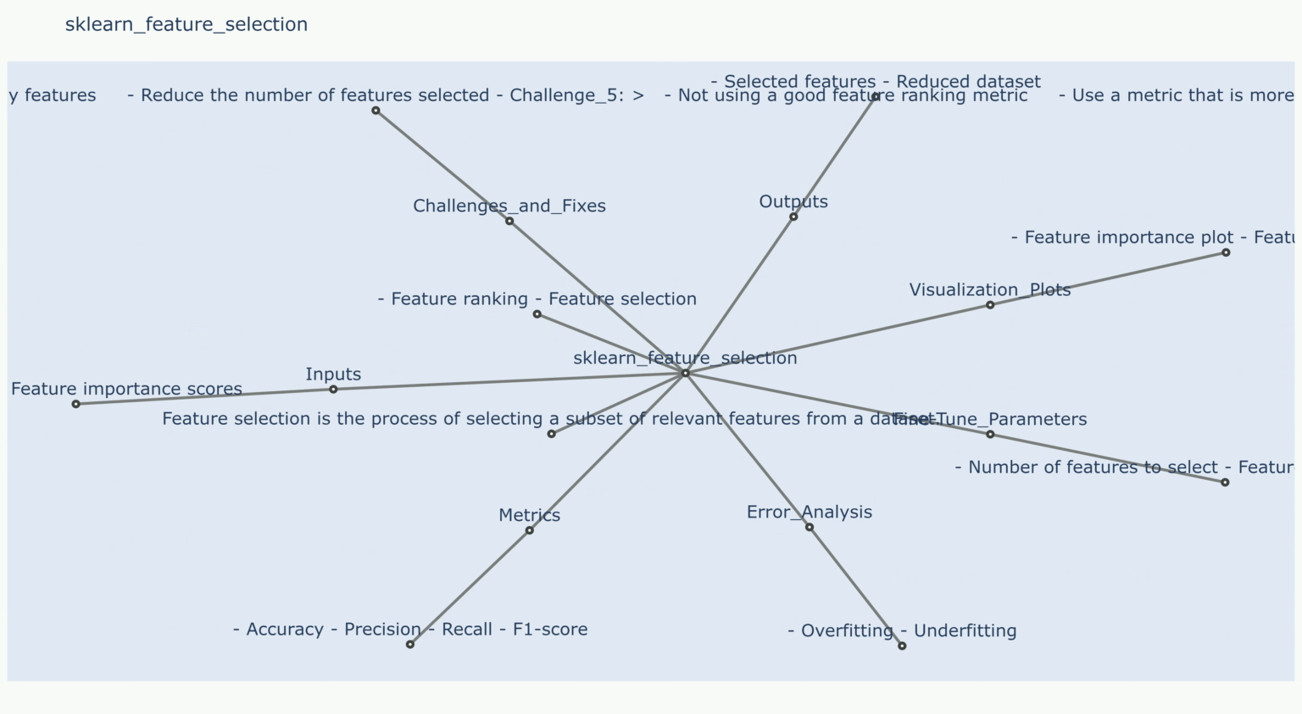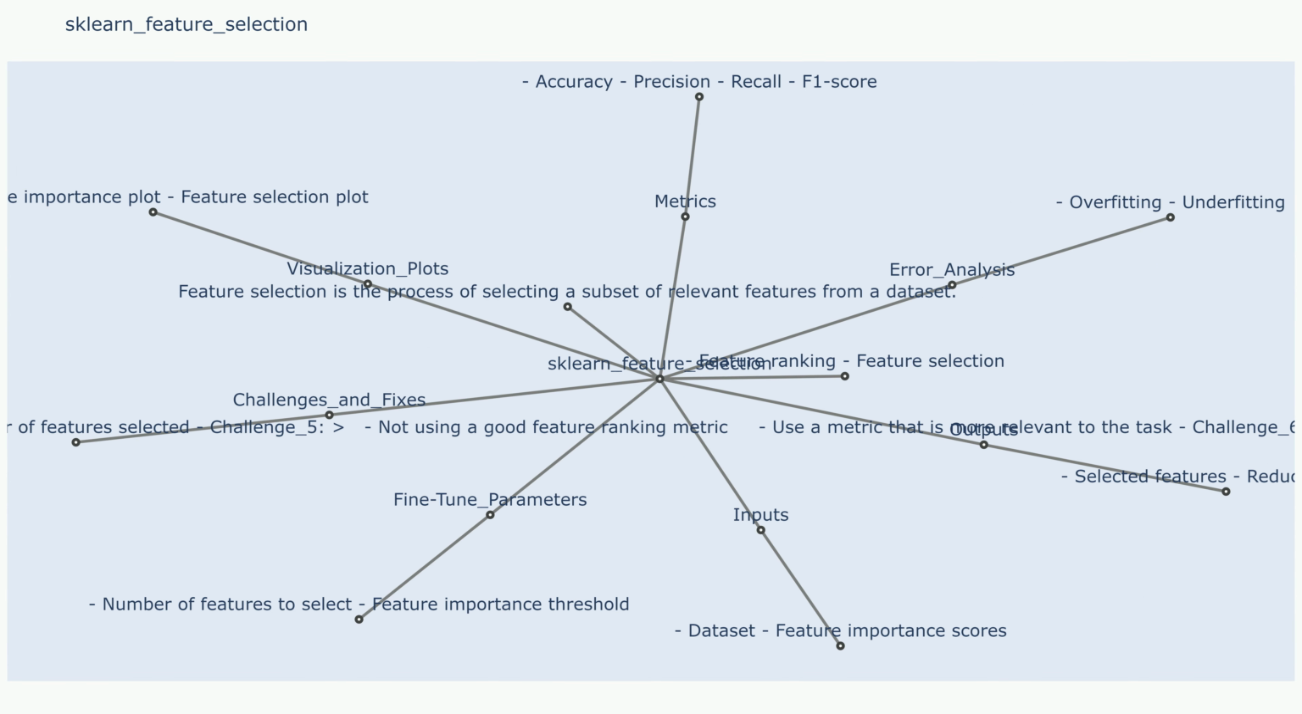Threshold: the minimum score or rank required for a feature to be selected. Number of features: the desired number of features to be selected. Often set based on the desired level of dimensionality reduction. Feature selection method: the specific algorithm or technique used for feature selection, such as univariate feature selection, RFE, or feature